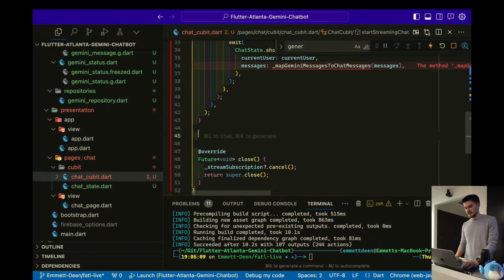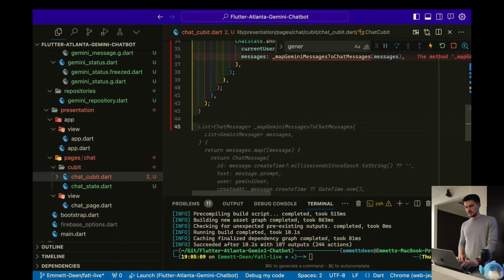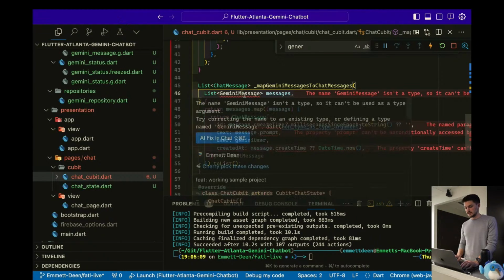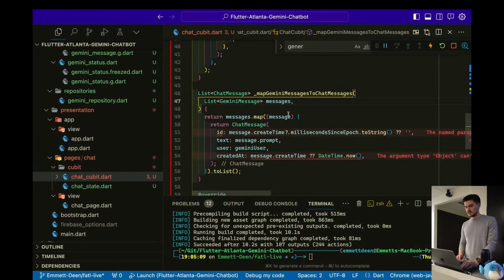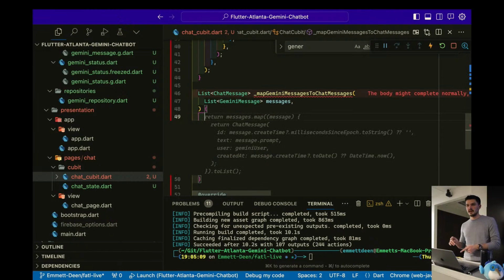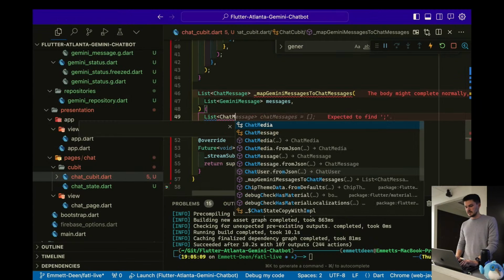Pass that in there. We will have this just take our list of Gemini messages that we're getting from our repository, and really each Gemini message is going to represent 2 chat messages because you have the prompt that we sent and then the response coming back. So we want to separate those into 2 chat messages. So we know that a prompt is always going to be there. So I'm just going to set up a list of chat messages,